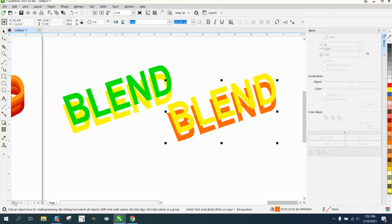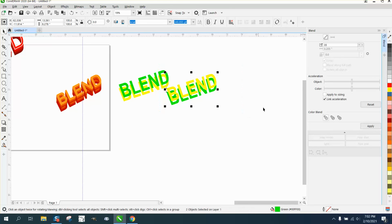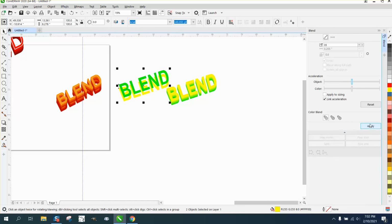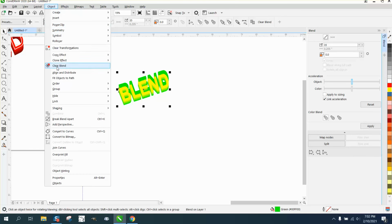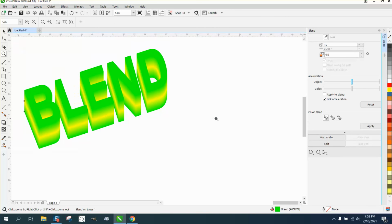So instead of trying to find that green, we can go to the eyedropper tool, sample that green, and make that green. Now I'm going to grab these 2 and I'm going to blend them 35 times. Now I'm going to grab these 2 and blend them 35 times. Now if this works, it ought to look pretty good. Now I'm going to go to Order, Back of Page. What it did, and this does look better than the other,